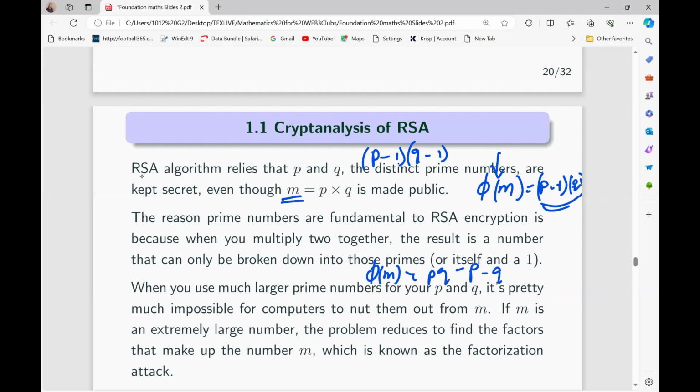So somebody can work this out if phi of M is known. If phi of M is known, you can solve for P and you can also solve for Q. That is why this must be kept